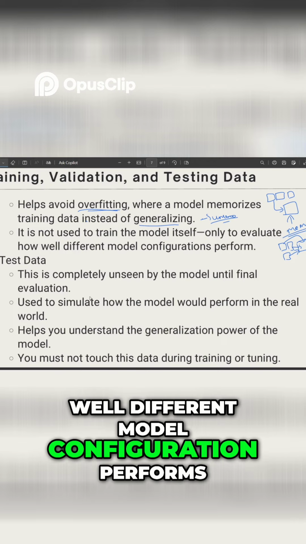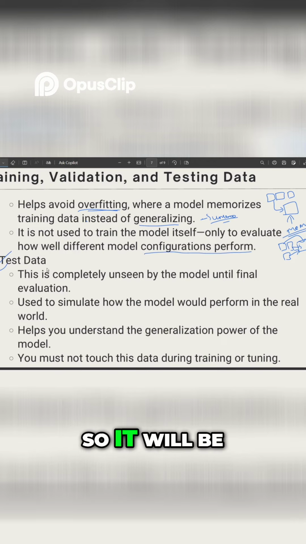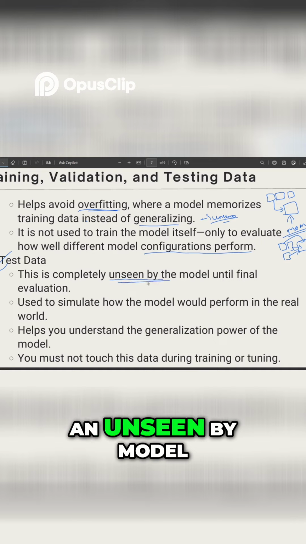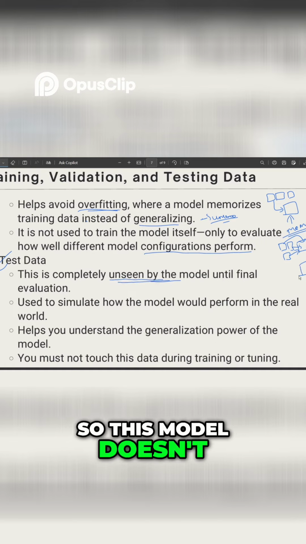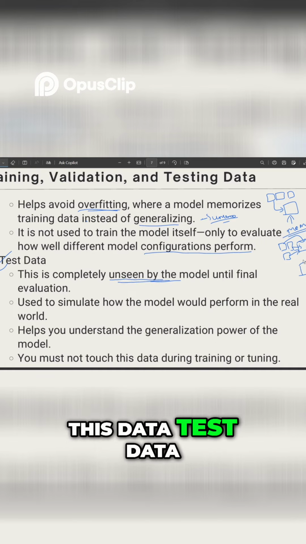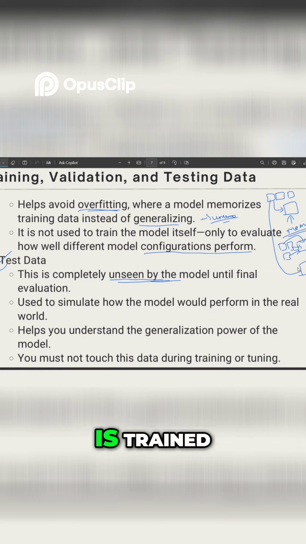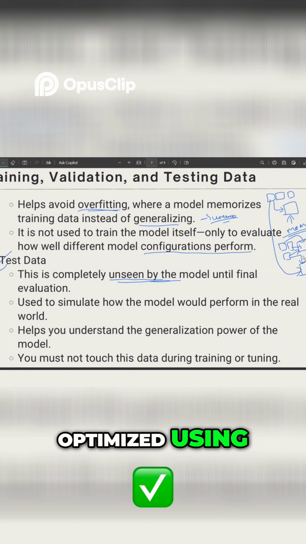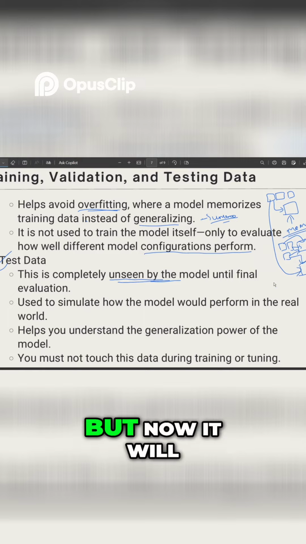different model configurations perform. So we need to test if our model actually works. So it will be unseen by the model. This model doesn't know about this data, the test data. It is trained on training data, and it is optimized using validation data,